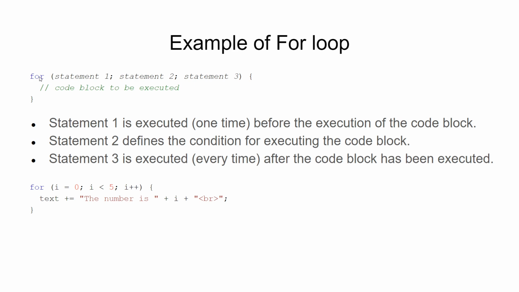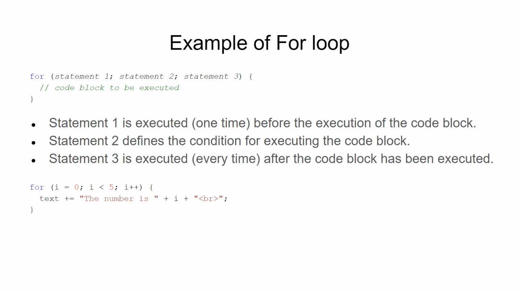The for loop contains the for keyword, and within the parentheses, we'll have three different statements. Each statement has a separate purpose, so I'll explain that in a bit. And after that, you have the curly braces, which contain the code to be executed for each iteration of this for loop. Now, before we understand what these things are, let's get a sense of what a loop is.